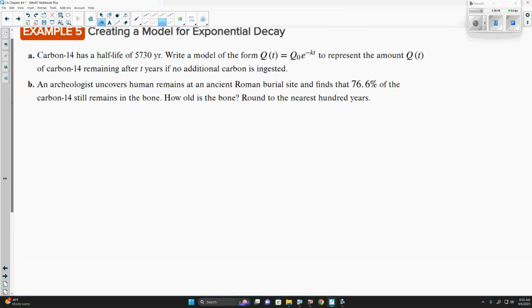So, represent Q of T, carbon 14 remaining after T years if no additional amount is inserted. What am I missing? So Q of T is equal to Q naught,